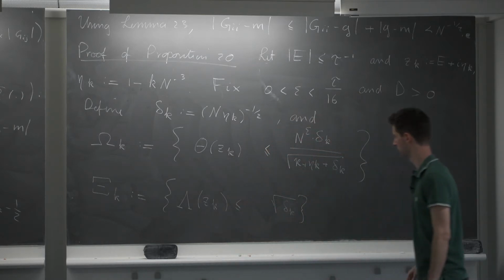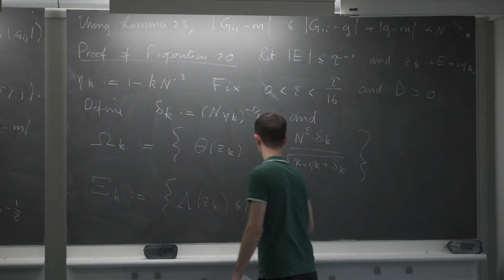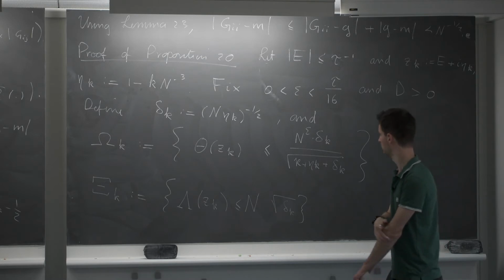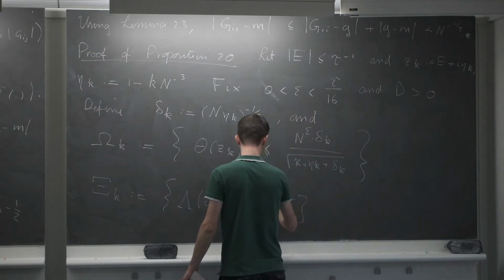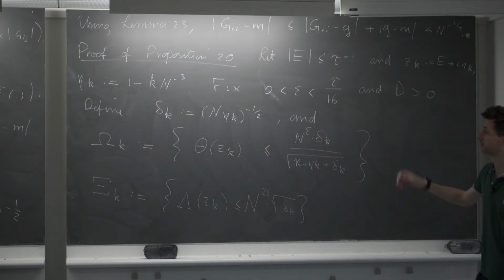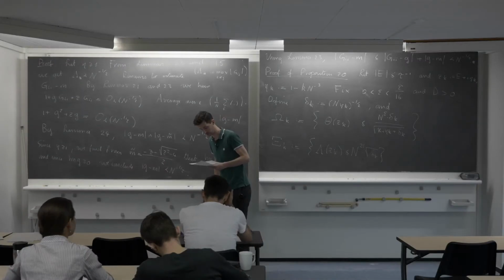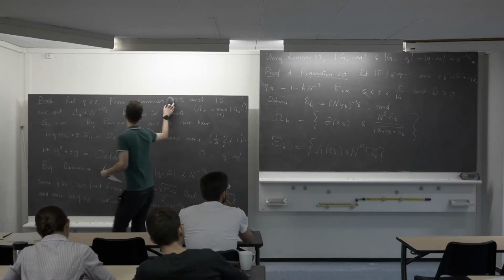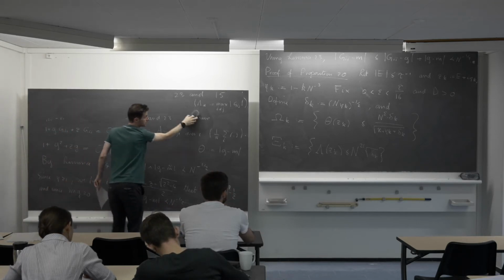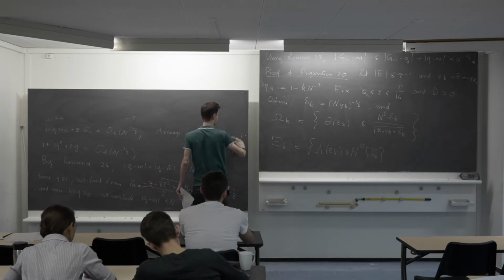So it's bounded by square root of delta k. And again, if I want to prove that this holds with high probability, I need a small power of n, and it turns out here I should put the exponent 2 epsilon, you will see. I mean, the only way to figure out these exponents is to go through the proof and to check that they work in all steps. So these are the two events. The first one says that theta is small, and the second one says that lambda is small.